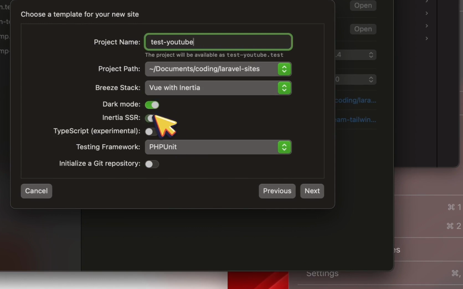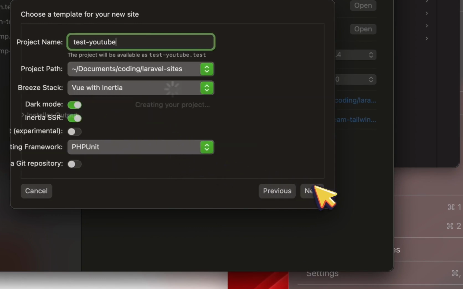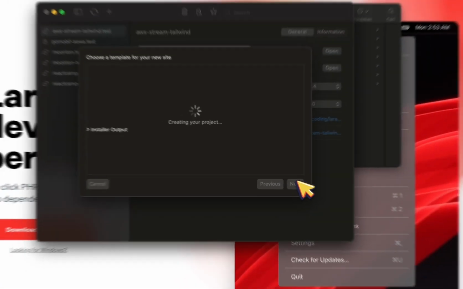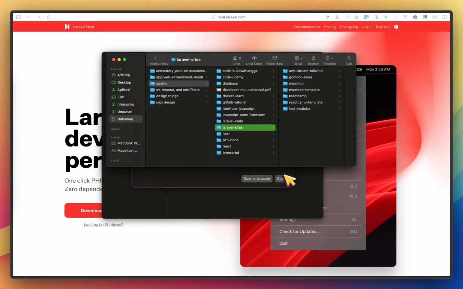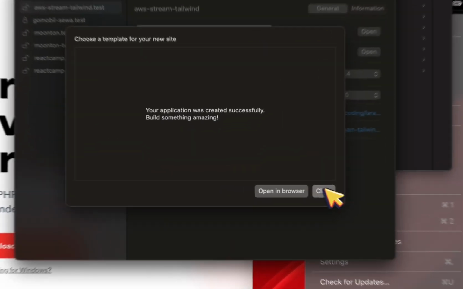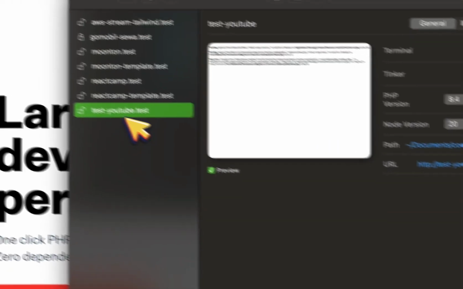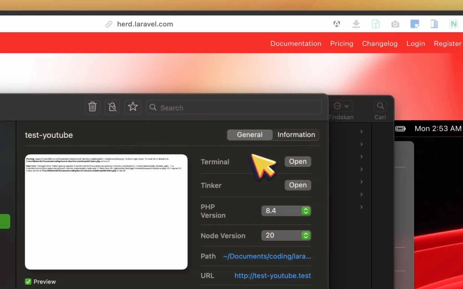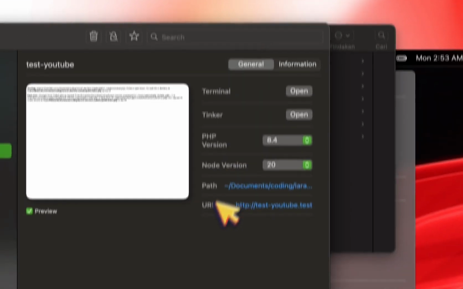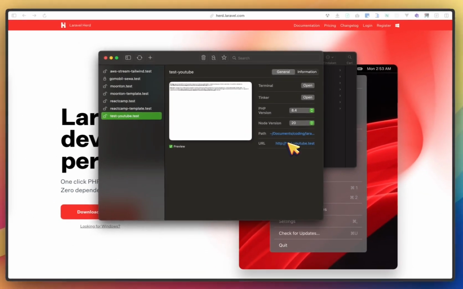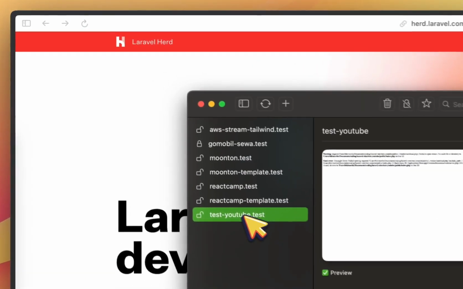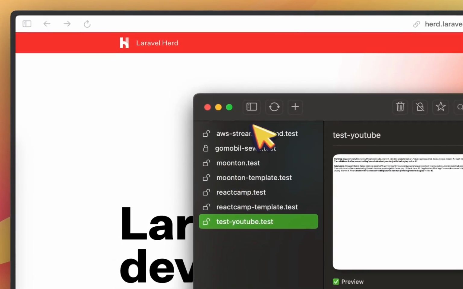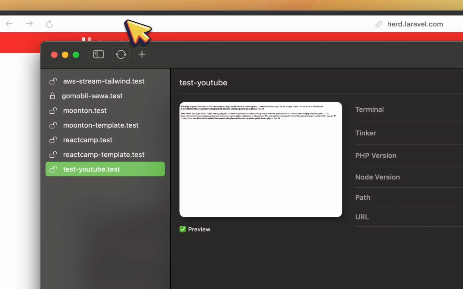Vue, drag mode, Inertia, PHP, unique, next. Close. Not secure. How to make this secure?